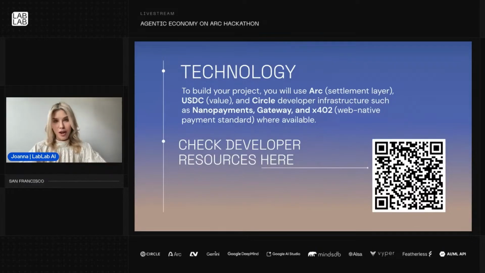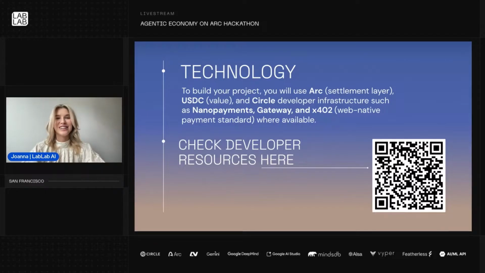If it comes to technology that you're challenged to build with, you will use Arc as a settlement layer, USDC as value, and Circle developer infrastructure. So Circle nano payments are the most important to use at this hackathon as we're building for sub-cent transactions. Then we've also got Gateway and X402 for web native payment standard.